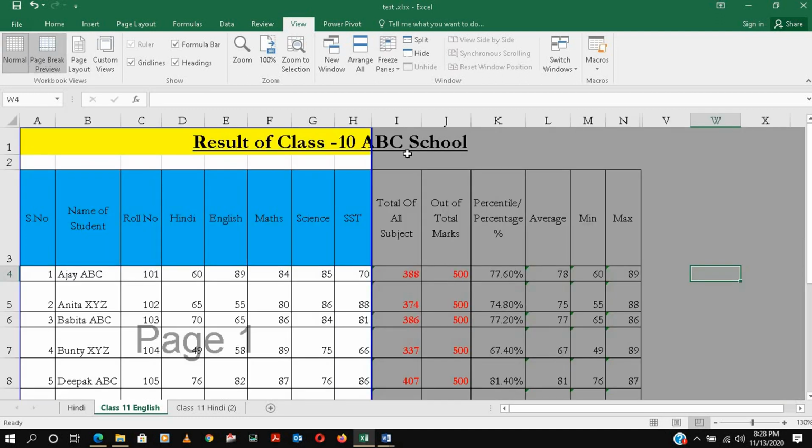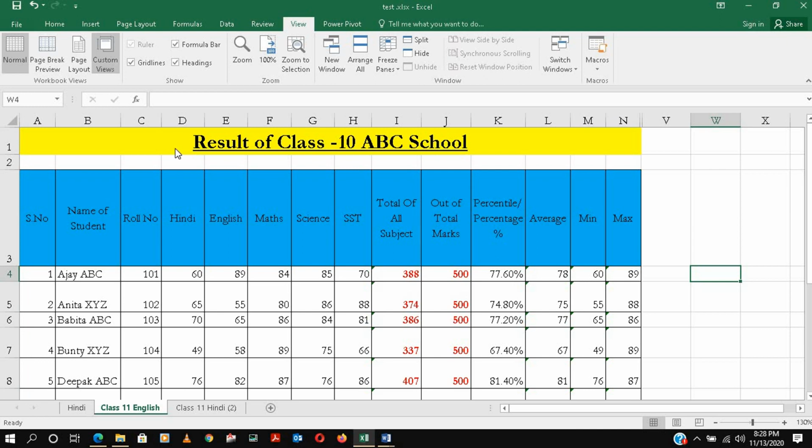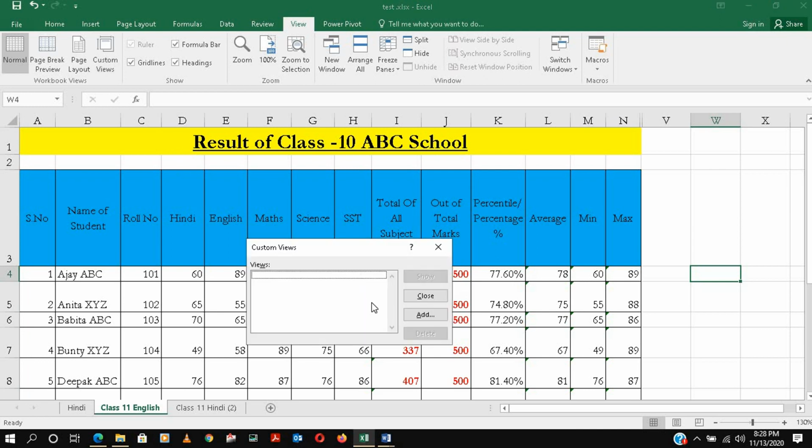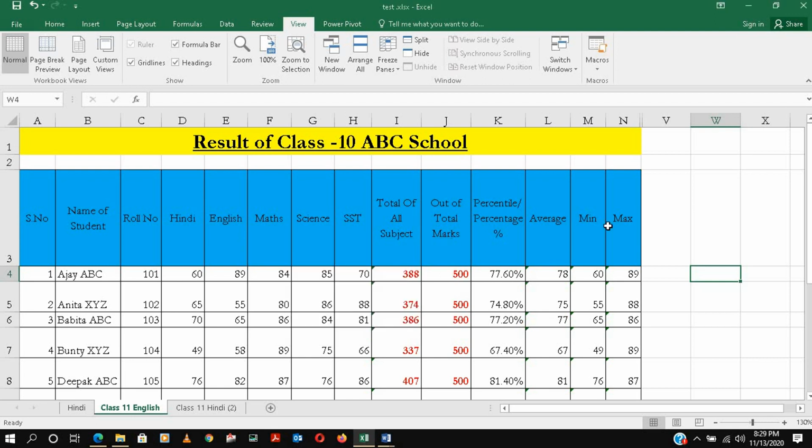So basically that's there. Then custom view: suppose in the case of salary, where the salary format is the same for everybody, you can make one format and set it. So add one format, and once you want to print out the salary, you just select the salary view and apply it to all. We talked about salary in MS Word, how to make a salary slip, so we already covered that in MS Word.